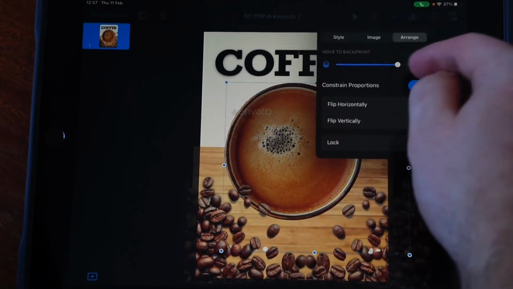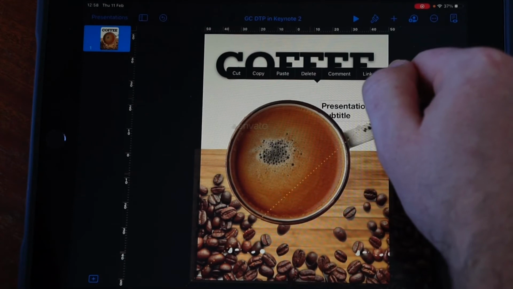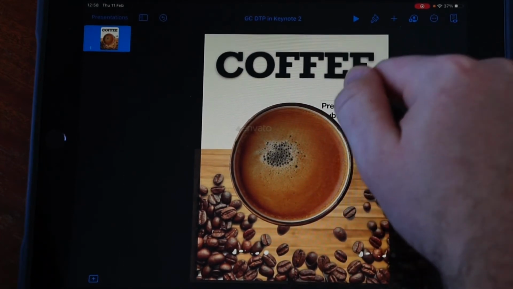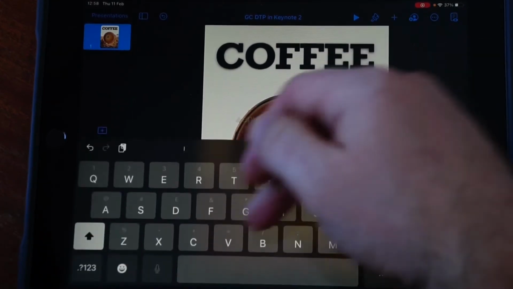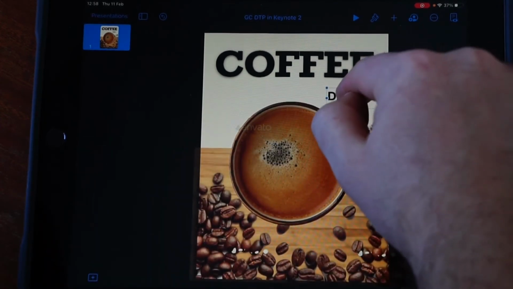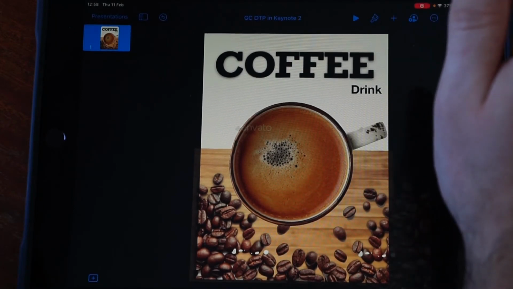I don't like it for this one, so I'm going to bring my coffee cup to the front again. If I size that down a bit more, I can maybe get in the presentation title, the subtitle here. I'm just going to change that to something like drink. Pop that in position,